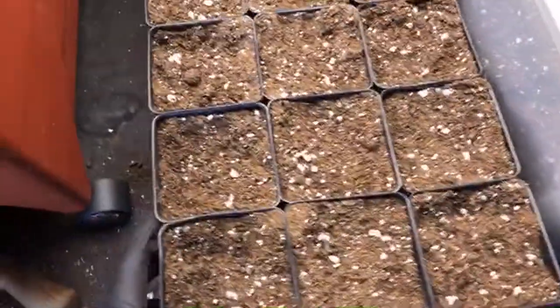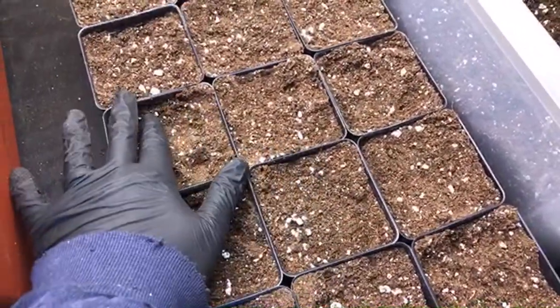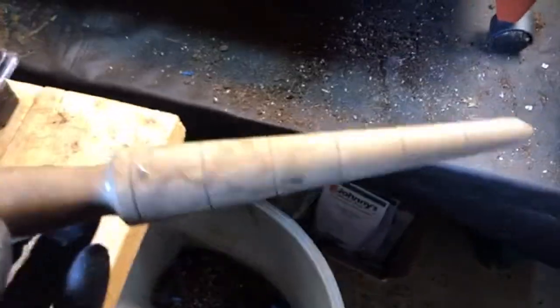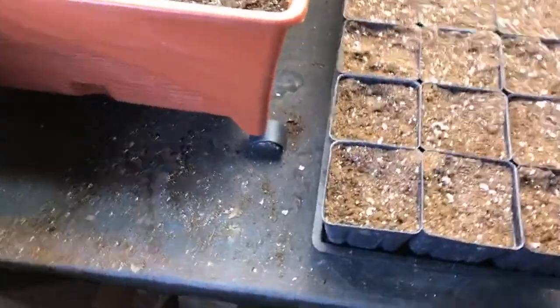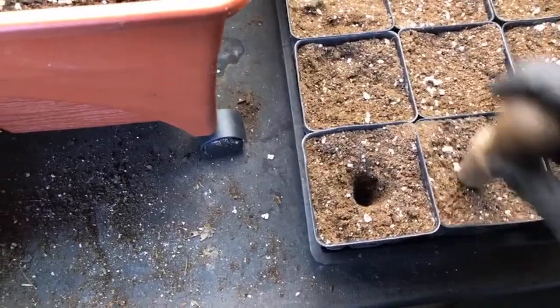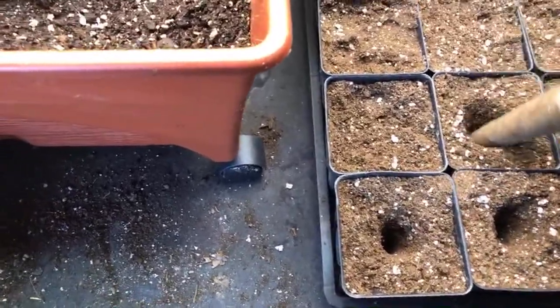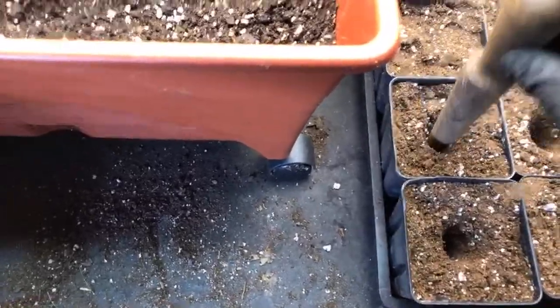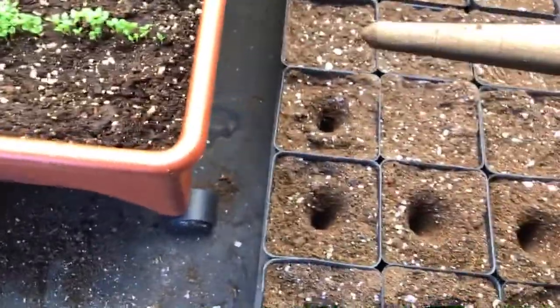So it's a pretty good mix. I fill these pots up almost all the way. There's just a little lip, maybe a half inch space left that's not filled up. Then I take my dibber tool, which is just decent. It's got 1-inch markings on it, so you can kind of know how far down you're going. I'll put my dibber in, and we can go ahead and do that on these. Let's try to find the middle. Just kind of make my little hole, rotate it around there. And with the worm castings, it's damp enough that it kind of holds its shape. It doesn't fall back in on itself, which is good. So I'm going about 3 inches down,